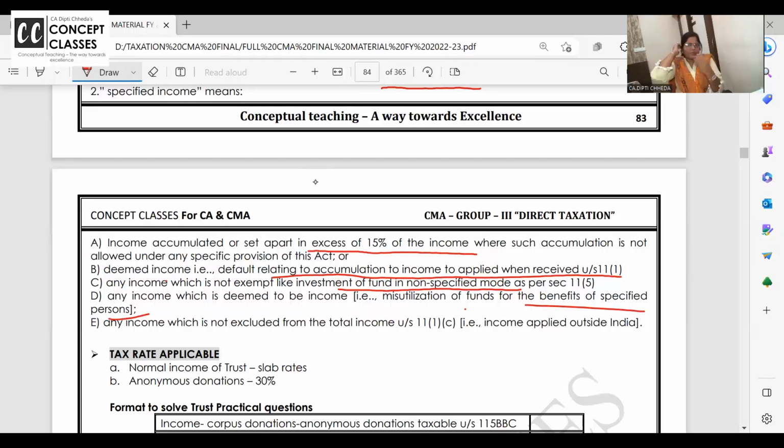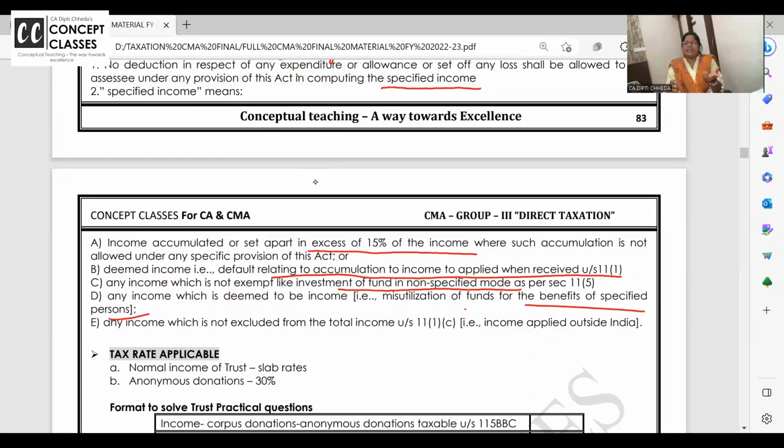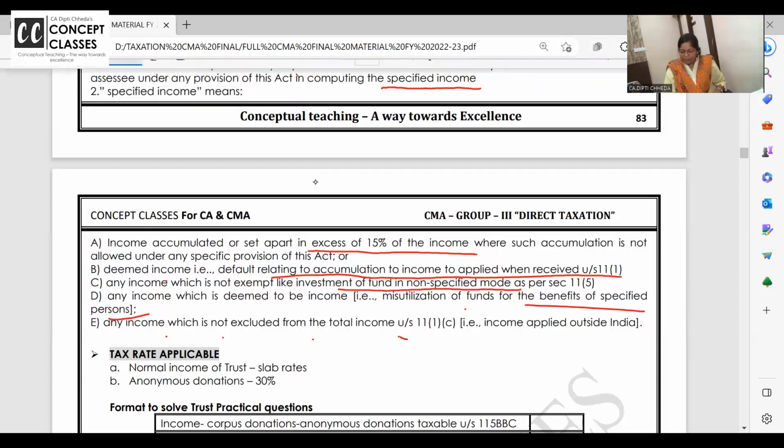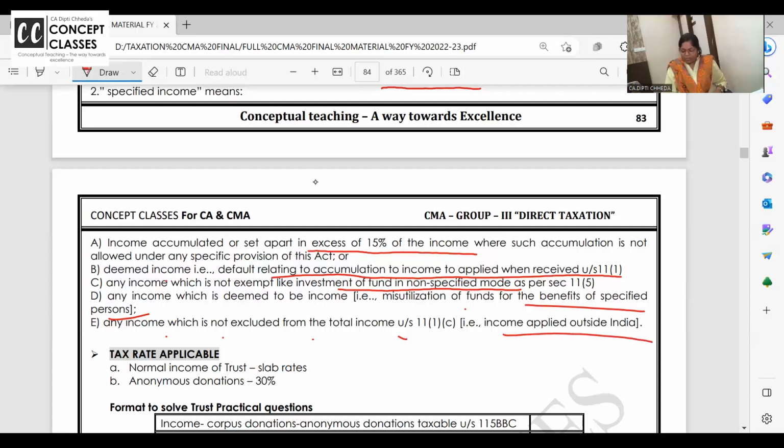You earned income and gave some benefit to a specified person. So whatever benefit you have given out of the earned income and taken as a deduction, that income is now going to be taxable at 30% flat. And any income which is not excluded from total income, that is income applied outside India.